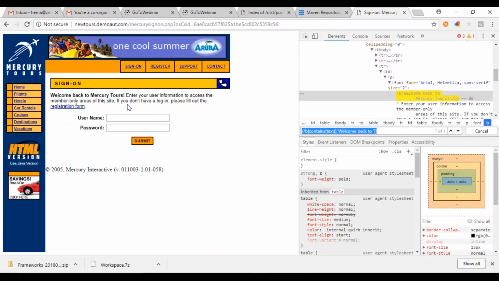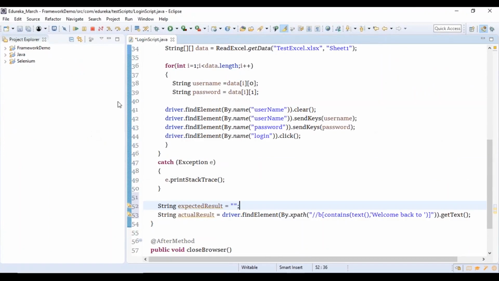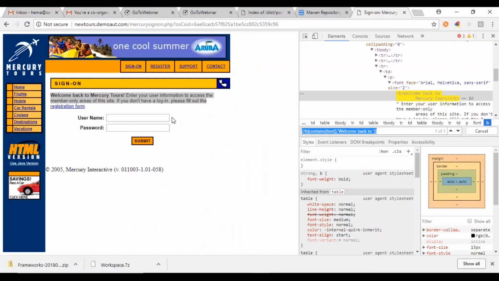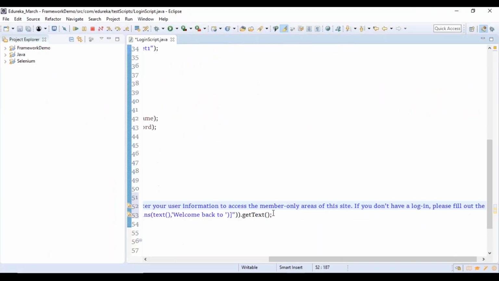So let me copy this. I am going to copy only so much, because I'm capturing only so much, I can use only so much, or you can keep the complete thing. You can capture the complete thing. So let me use it here. Now we are going to copy the entire value from here, and then we can just assert half of the values. We can do a validation for half of the value. So here I'll be using this, fill out the registration, or if you want you can completely take it up.